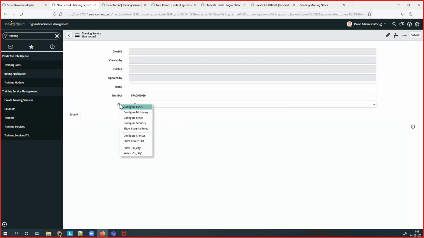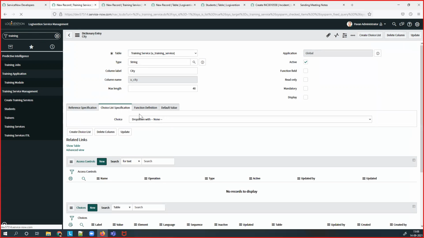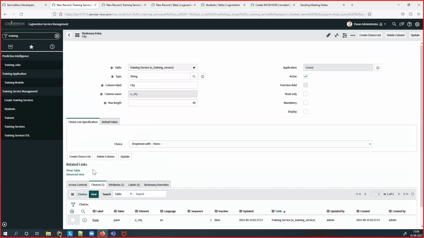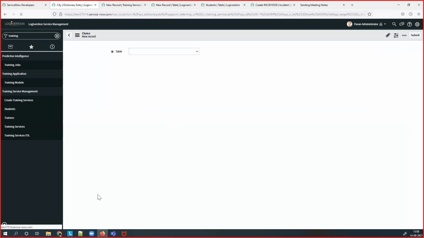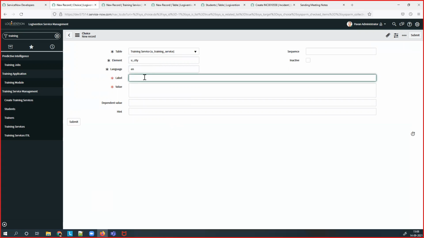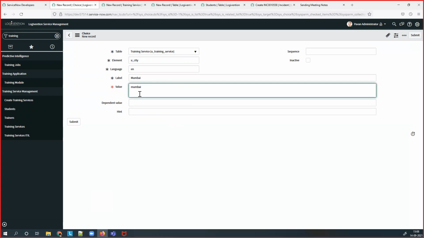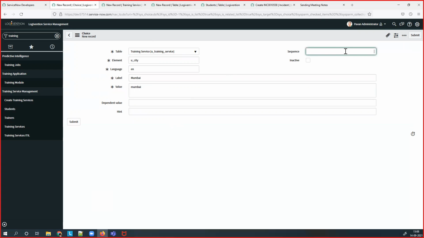Again, we'll go here, go to configure dictionary and we'll add 3 choices. I click on new. For the label I will write Mumbai, sequence 2. See, if I put inactive, it means this record will be inactive and we are not able to use it. For now, I will just save. After Mumbai,